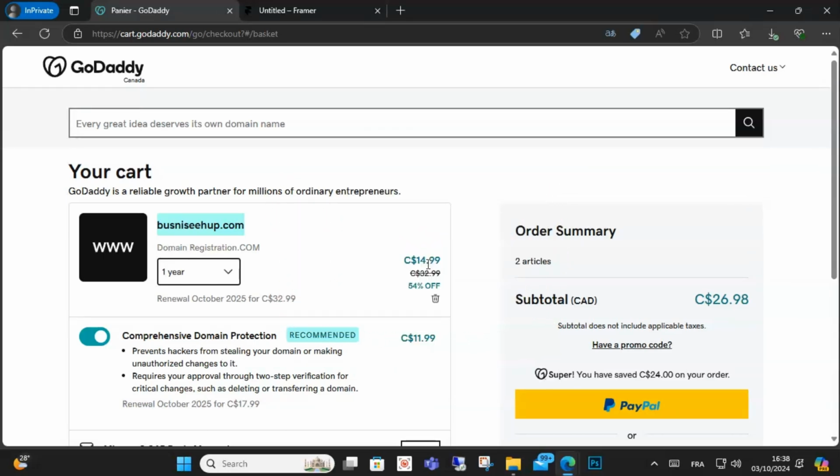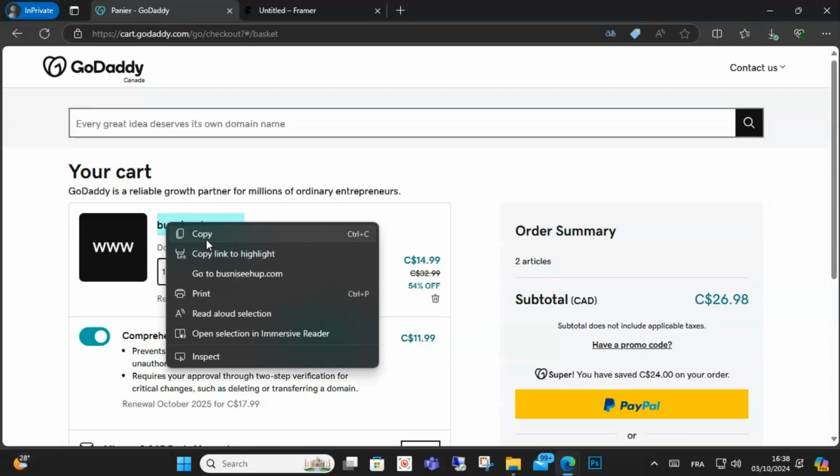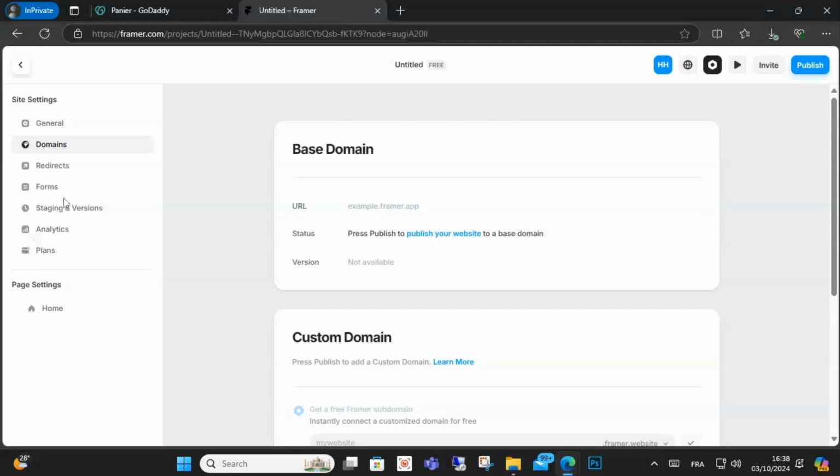Today in this quick video I will show you how to connect your Godaddy domain to Framer. So guys, this is an easy method you can do. Just for example, this is my domain, and copy this domain and go to Framer, and this is my project